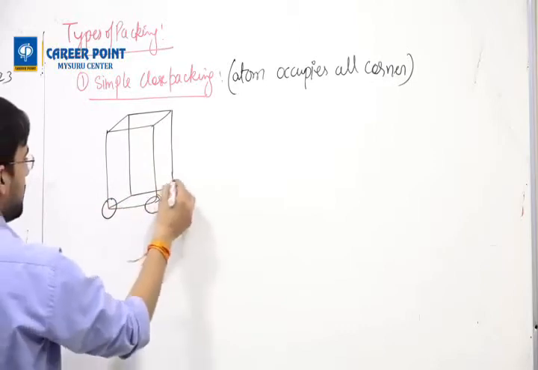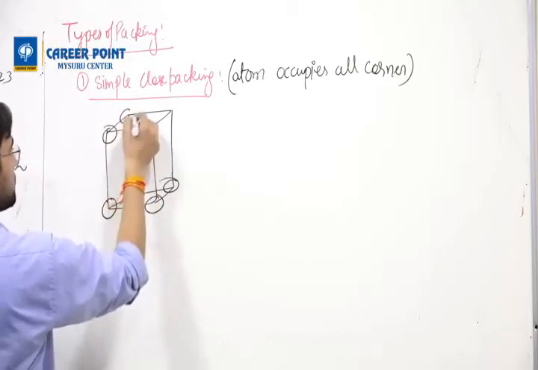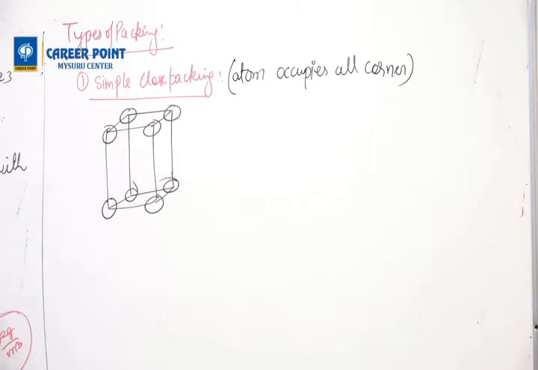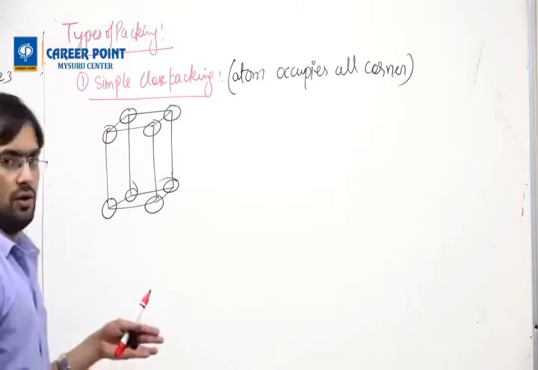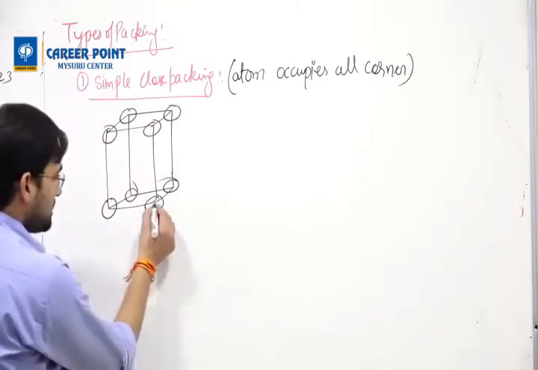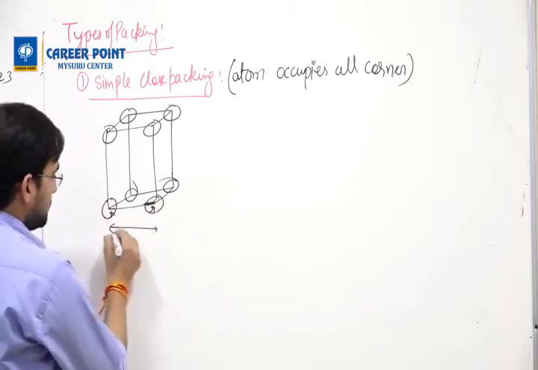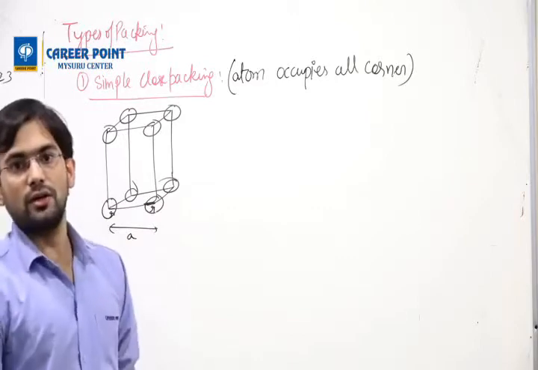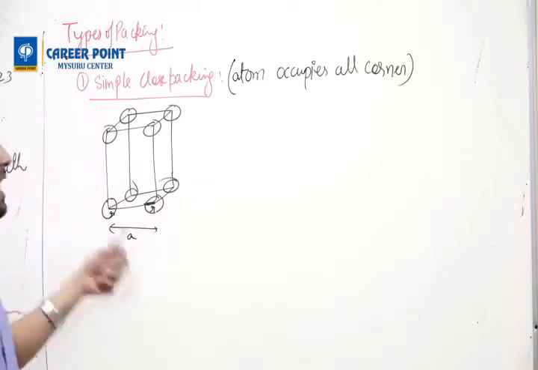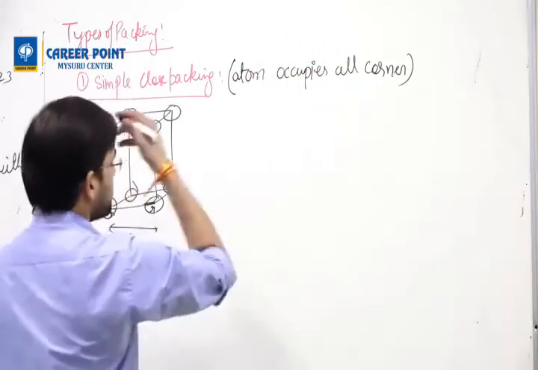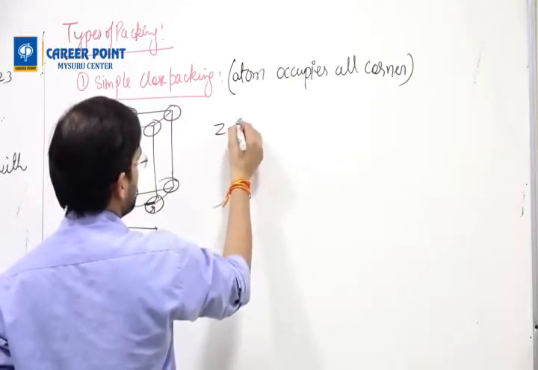And at corners. So there are only 8 corners. I have kept 8 corners. But when you look, what happens is, this distance is R. This distance is R. This distance is A. You need to always find a relation between R and A. Why? Because first we'll find out the Z, which is known as